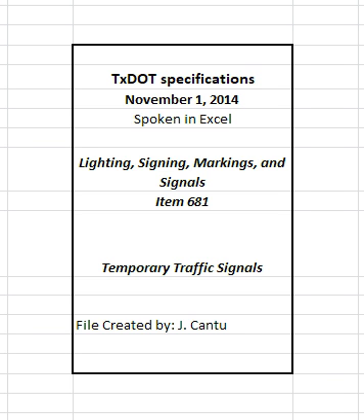Obtain signal equipment at locations shown on the plans if the equipment is furnished by the department. All materials determined to be in good working condition by the engineer can be reused on temporary traffic signals. Do not use previously installed materials for permanent traffic signal installations. 3. Construction. Install traffic signal assemblies in accordance with Item 680, highway traffic signals, except for measurement and payment, as shown on the plans. Install electrical services in accordance with Item 628, electrical services, except for measurement and payment, as